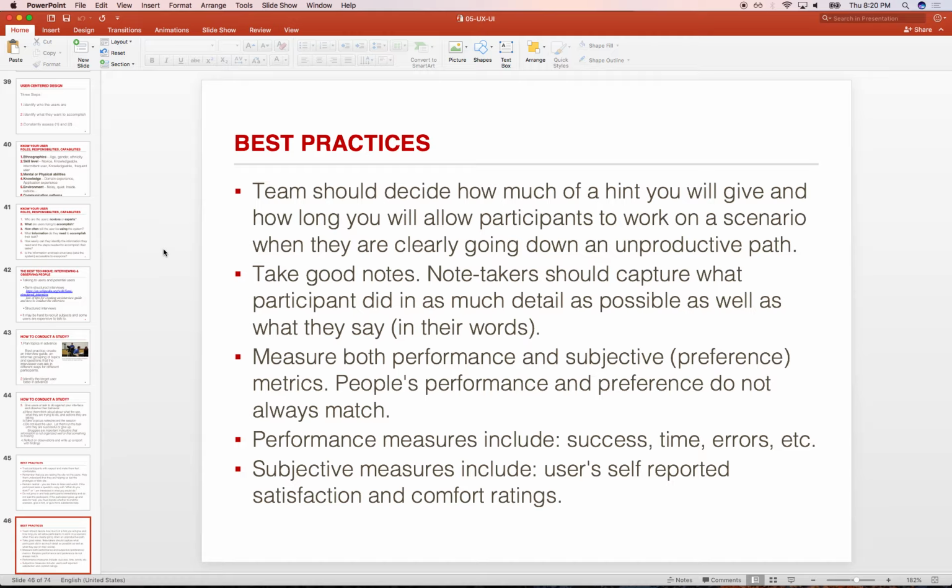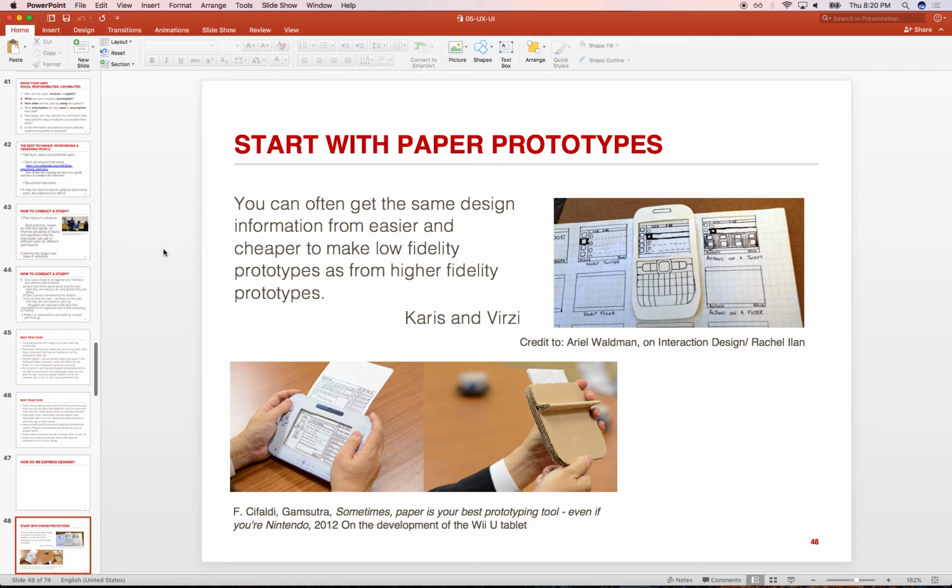And perhaps consider how much prior knowledge you're going to give them of what the task is about, and what clues you might give them to achieve it. Because it might be the very first time that they're using this, and they might not be representative of the user that you want.